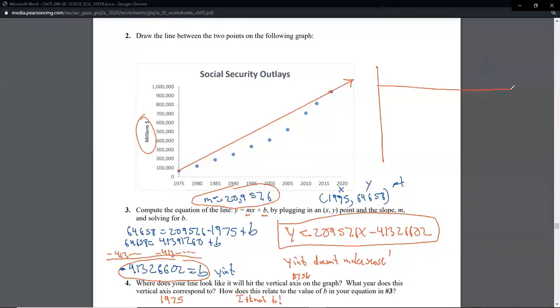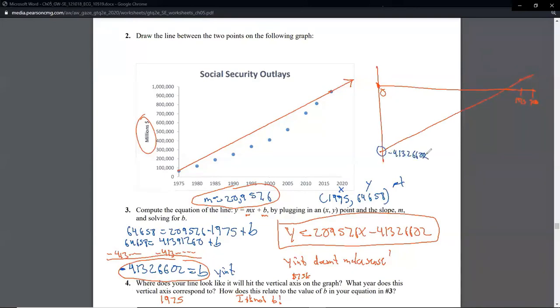So here is somewhere way over here is 1975 and somewhere about the year 2000. And this is about the points that we have right there. Then over here, this will be the year 0. And if you trace this line all the way back, then this point right here, that would be the negative